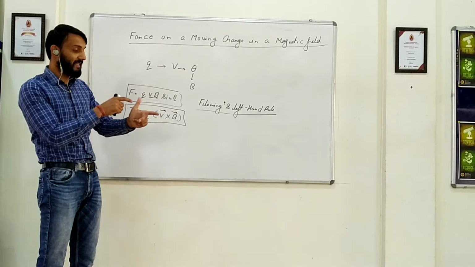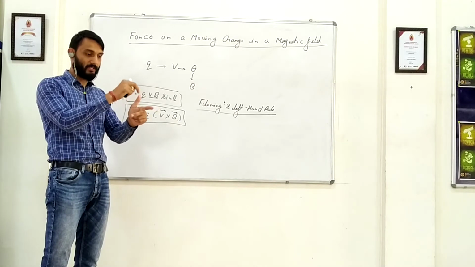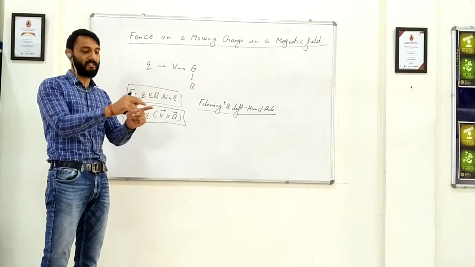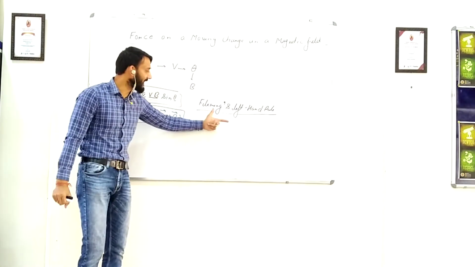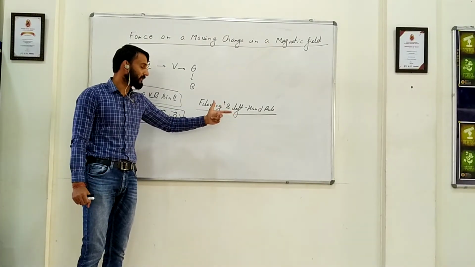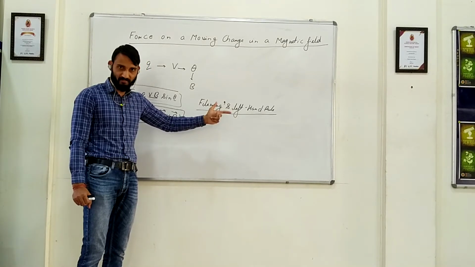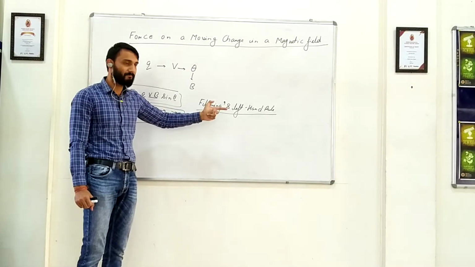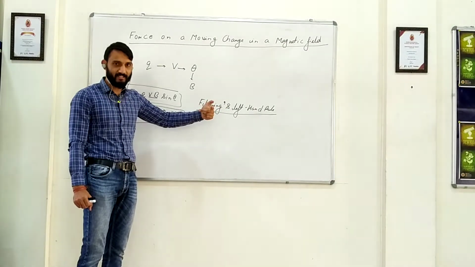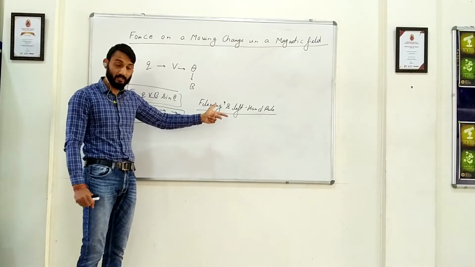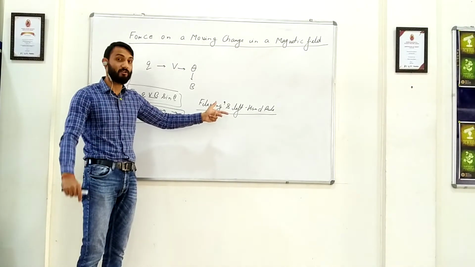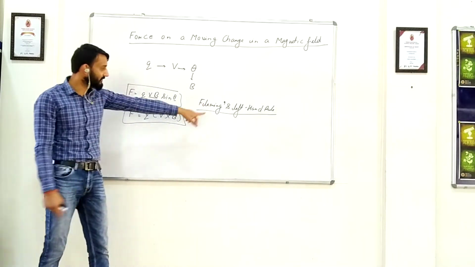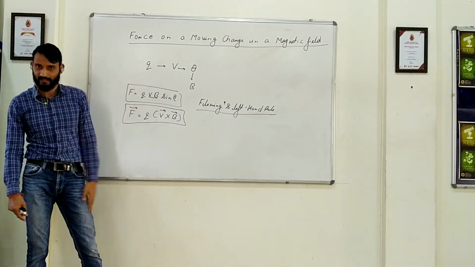So how do I remember it? Father, F, force; Mother, M, magnetic field; Child, C, current. Father, mother, child, right? So stretch the left hand in such a way that the thumb, first finger and middle finger are perpendicular to each other, with force represented by the thumb and magnetic field represented by this finger, and then the current, or the moving charge, or the velocity of the charge, is represented by the middle finger, right? So with this rule you can give the direction of the force, correct?